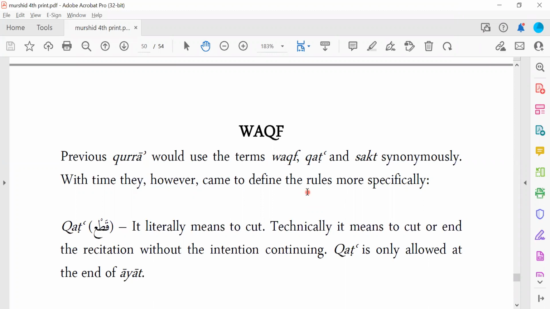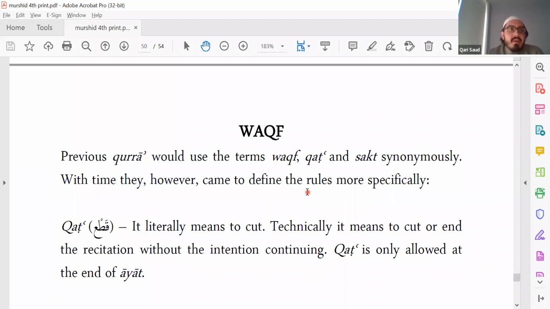The reason why I like this system is because you can use fingers. We don't have 6 fingers, right? I mean, most people don't. So we have 5 fingers. That's why I like to use this system. So don't confuse yourself. It doesn't matter what you use. You use haraka, you use alif, it doesn't matter.